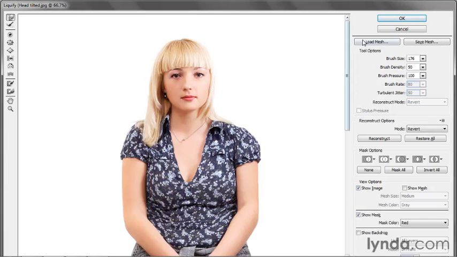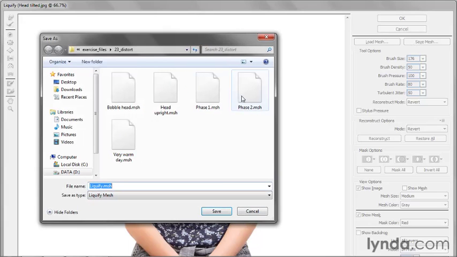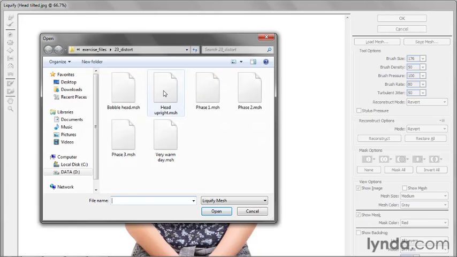I'm going to go ahead and save my mesh so far by clicking on the Save Mesh button. And I'm going to go ahead and call this guy Phase 3 because that's where I'm at. I'm in the third phase of my modification. Click the Save button just in case you want to load that guy up. But here's the one that you're really going to want to work with. Click on the Load Mesh button and then click on this guy,